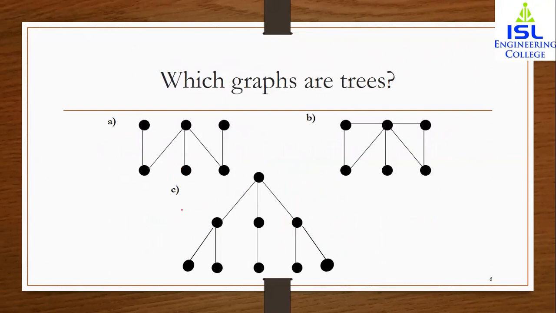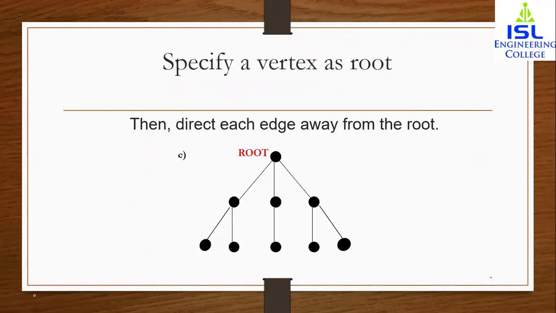So here we have a simple path between all the vertices given over here. So this can be a tree. The graph A is a tree because there is a simple path between any two of its vertices. Now what about this? This graph cannot be a tree because we have a circuit. There should not be any circuit. So it is not a tree, and this is also a tree if you verify the condition of having no simple path and it being undirected. Now after that,